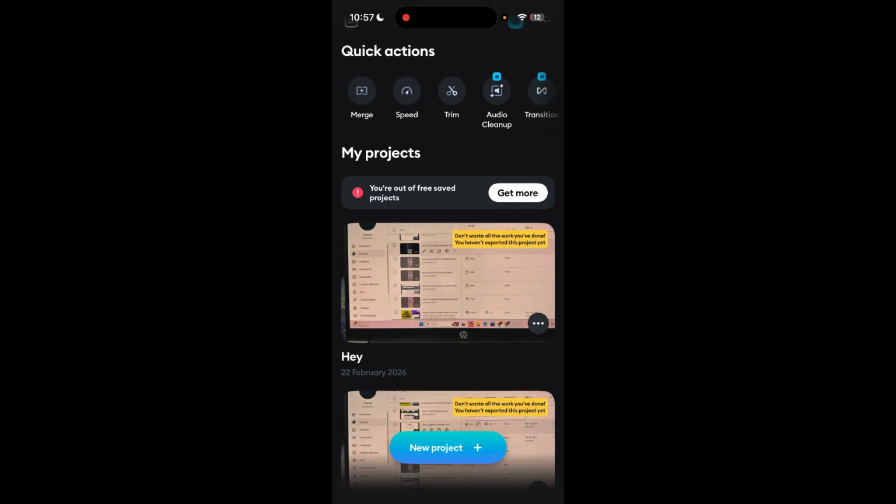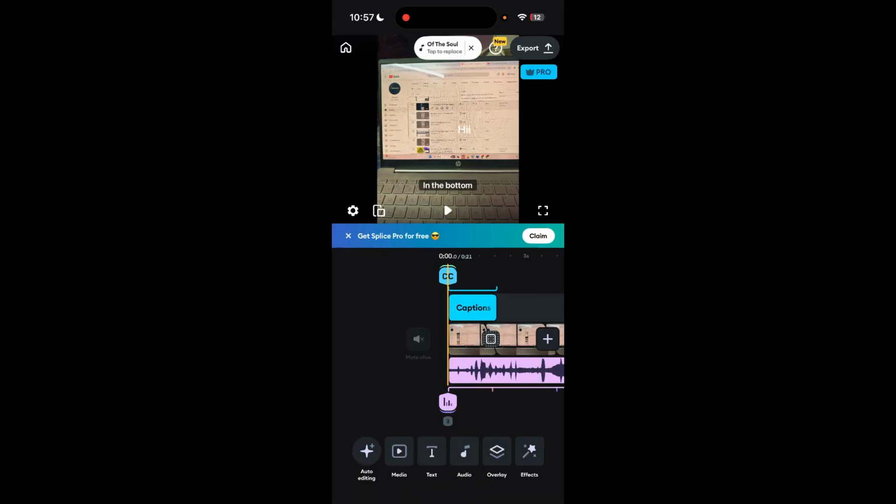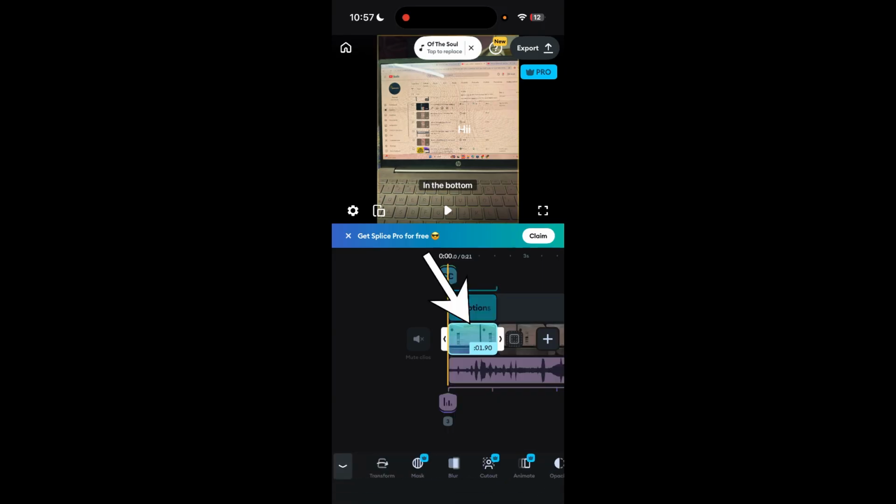bottom of the screen. Simply select one of the drafts here, and in the timeline here find the clip you want to remove. Take a moment to preview it by pressing play just to make sure you're deleting the correct clip. Simply tap on one of the clips that you want to delete here, and at the